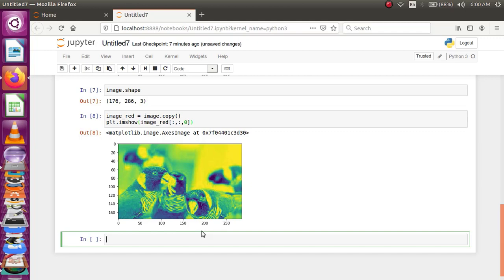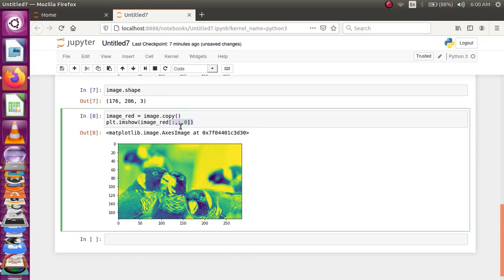What happened here was that Matplotlib by default displays the intensities as a heat map, hence the Viridis color code. It again has color information. But if you want to extract any channel, it should not have any color information.